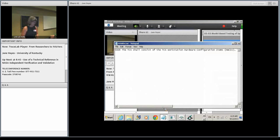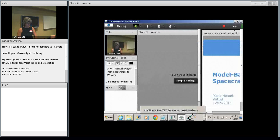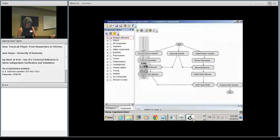Okay, well, here's an example of one of the requirements. Just a typical text requirement. These are just text files. So back here on the TraceLab canvas, we can see that we also import the target documents, and then